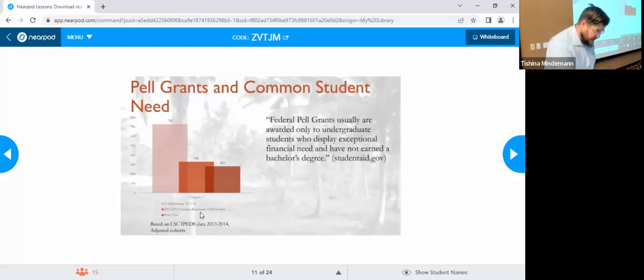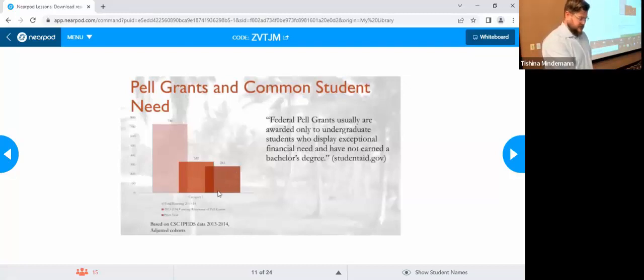tiny, I know, is that the largest, most translucent box represents the total entering class for 2013-2014. The middle box represents the 2013-2014 entering recipients of Pell Grants, right? So you can see it's just under half of the total entering class. And then you can see that same number of entering Pell Grant recipients from the prior year.